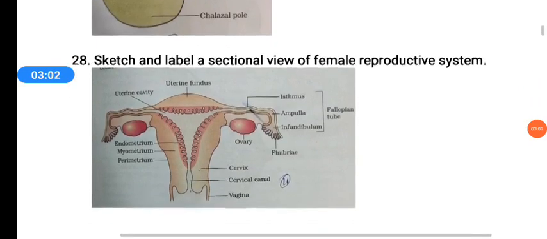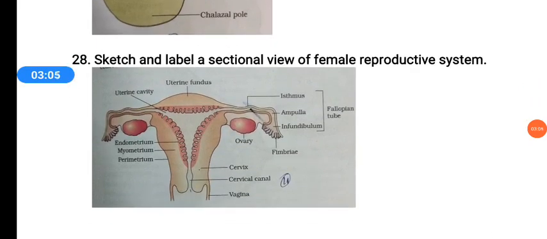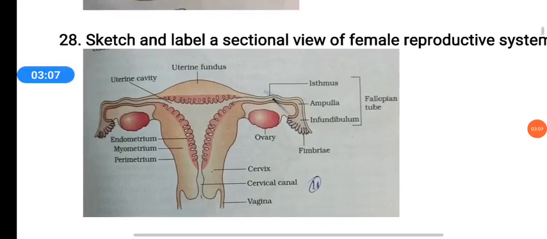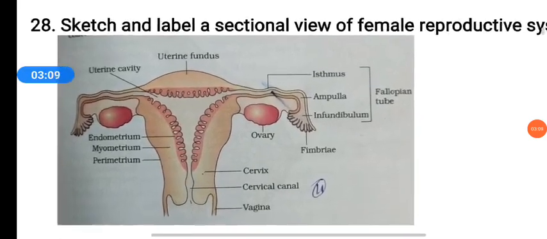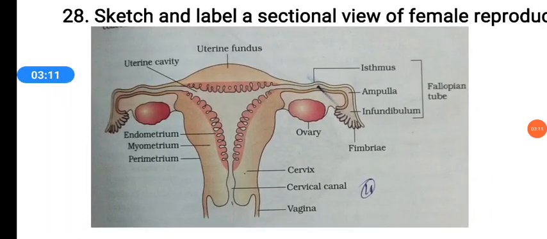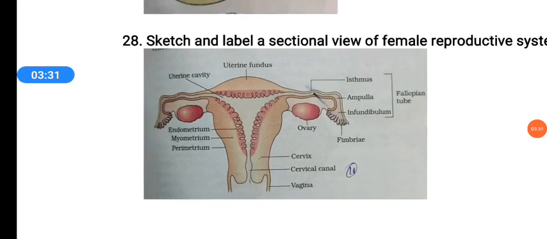Next question is, sketch a labeled sectional view of the female reproductive system. This is the female reproductive system. You have to draw the diagram and give a minimum of 10 labels. The two round, ball-shaped structures are what we call the ovaries. Okay, then next we move on to the next question,